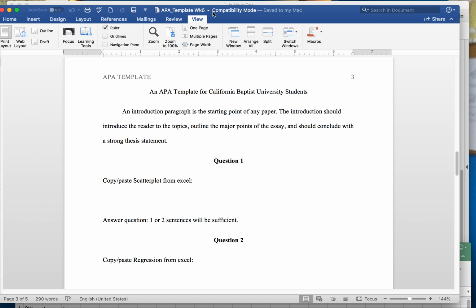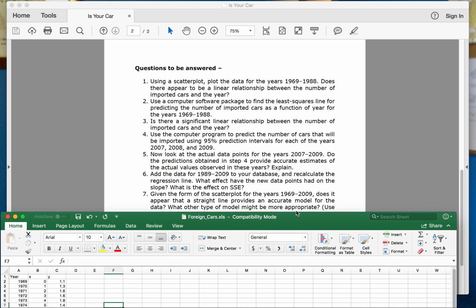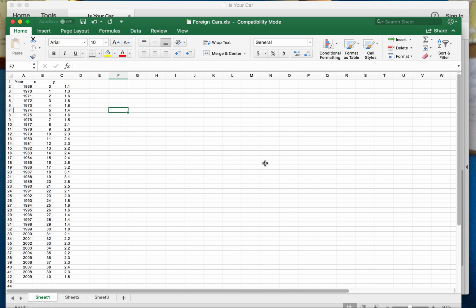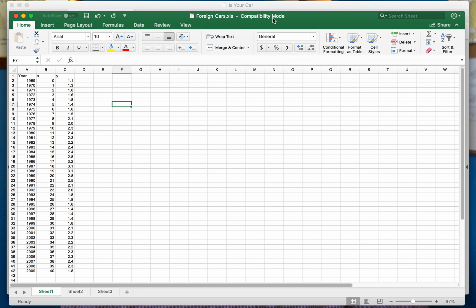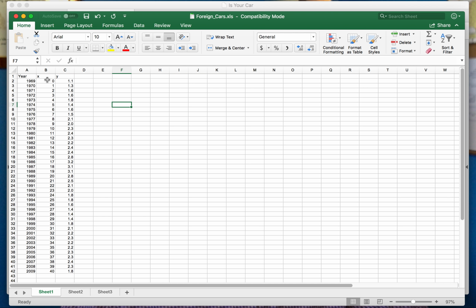So to run a scatter plot in Excel, and again, I'm going to show you on the version of Excel that I'm using, but remember the question here too. It's asking for a scatter plot from 69 through 88. Okay, so on here, I'm going to highlight beginning on the year 1969. You see the X and Y's are already set up for you in the spreadsheet. Beginning of 69, I'm just going to highlight down to 1988, and then I'm going to go to